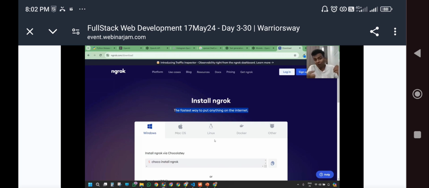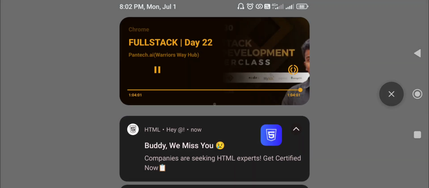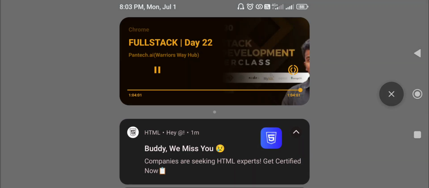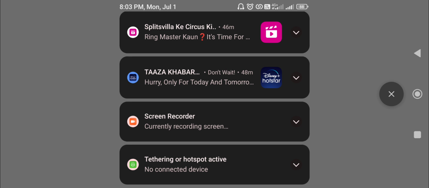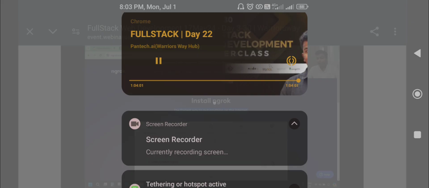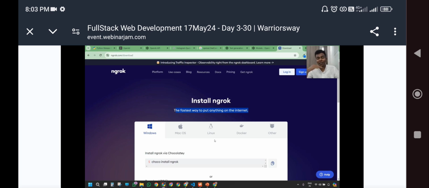But be very careful in handling ngrok, because it is not suggested for bigger-level final application deployment. Bigger-level final application deployment, I will be teaching in the upcoming days. But this is just for fun. Just for fun, you can create one application and ask your friend to type something and get your hashtags and code for your Instagram post.